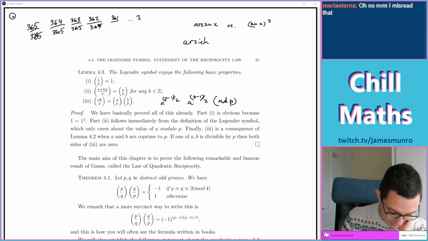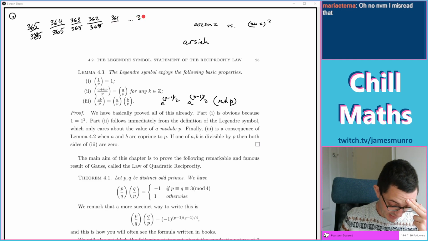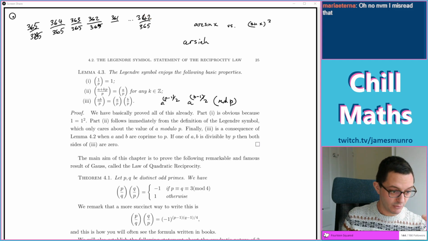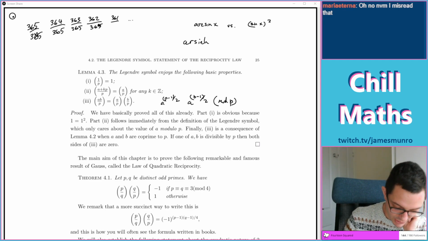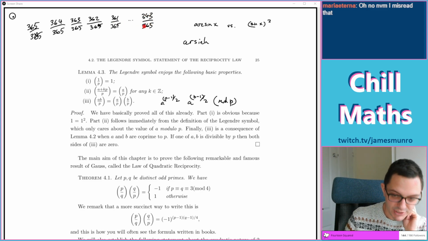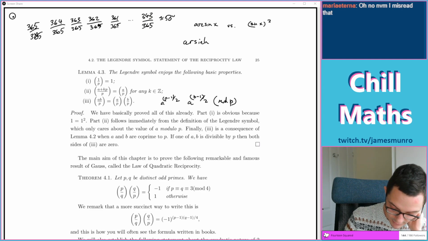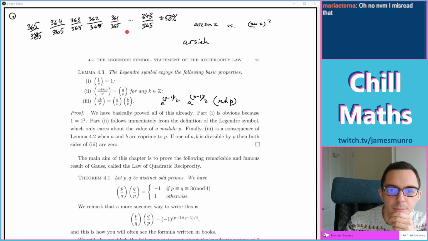And surprisingly, these numbers after 23 are going to get down to 343 over 365, I think. Oh, I might be at 1, 2, 3, 4, 5. I'm out by 1. It's 343. So we're getting down to quite large numbers. 343 is still pretty close to 365. But then the exciting observation is that this is about 50%. And this drops off. Even though all of these fractions are pretty near 1, there's quite a few of them, and they differ by a little bit.